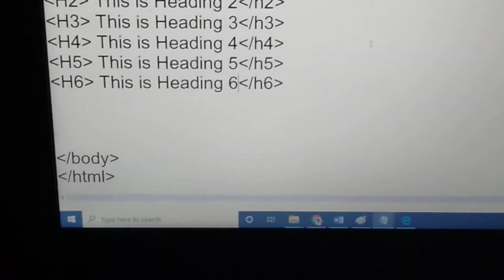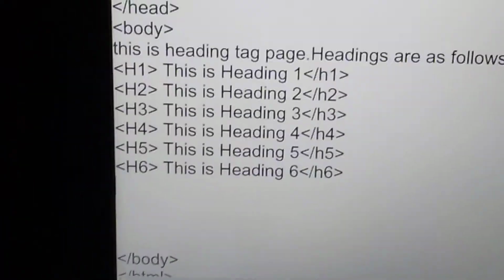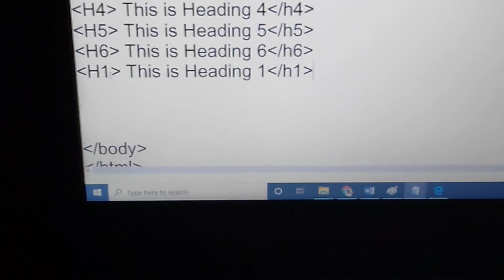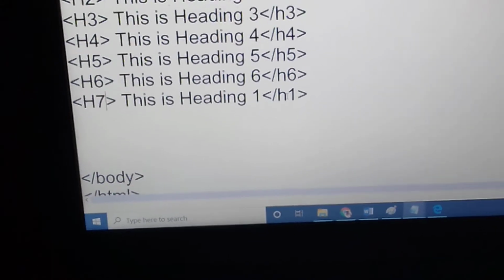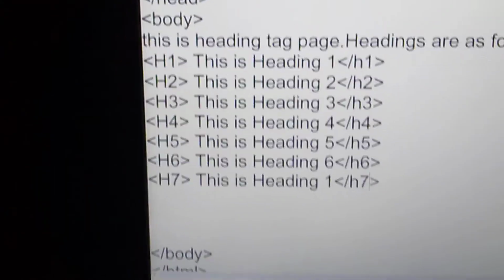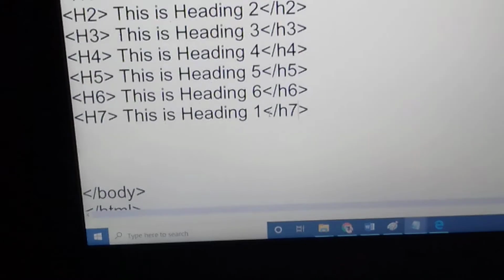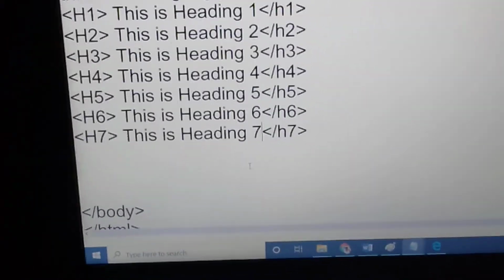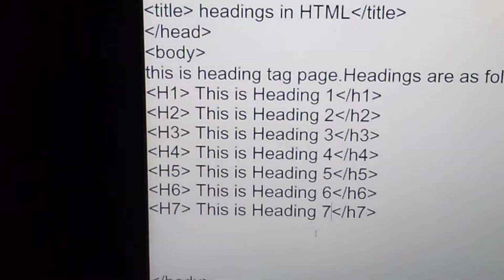So if I minimize it and in the code I write H7, suppose I make it h7. Here I close with h7 and I write over here 7, then I save it.